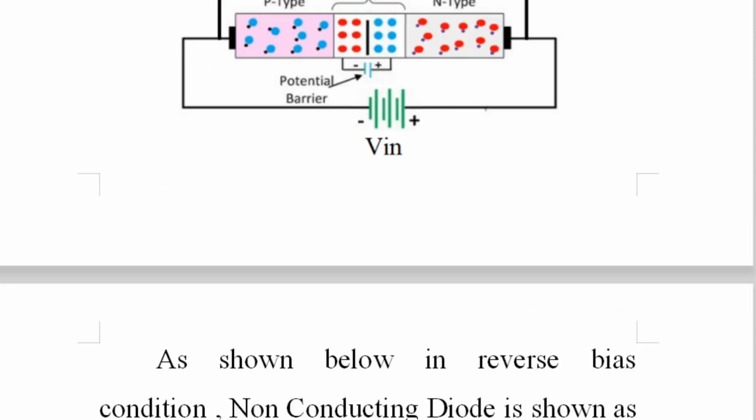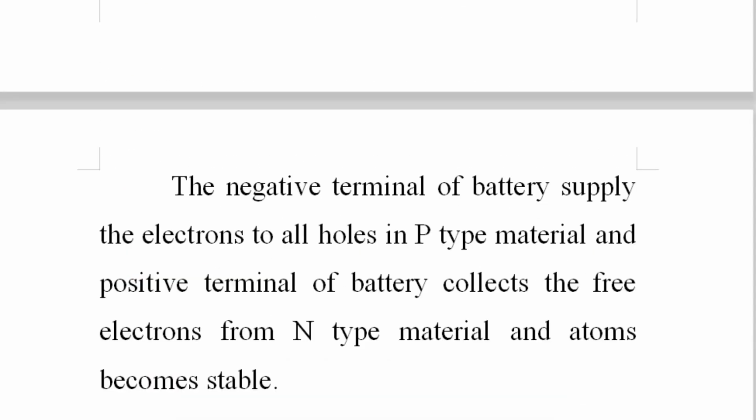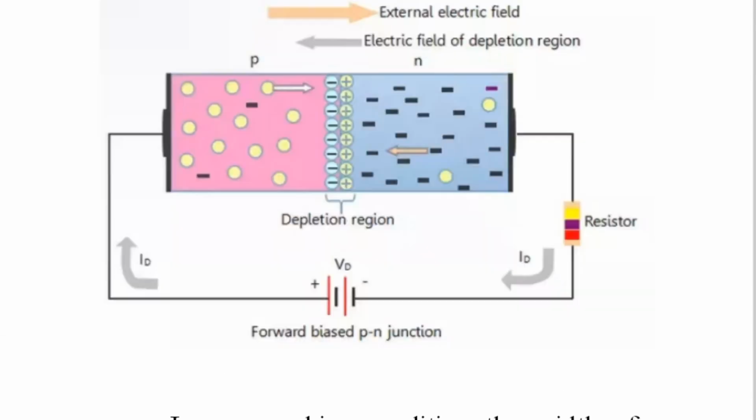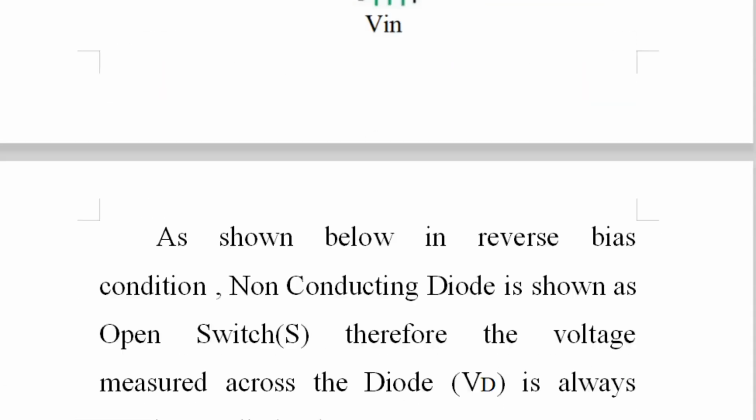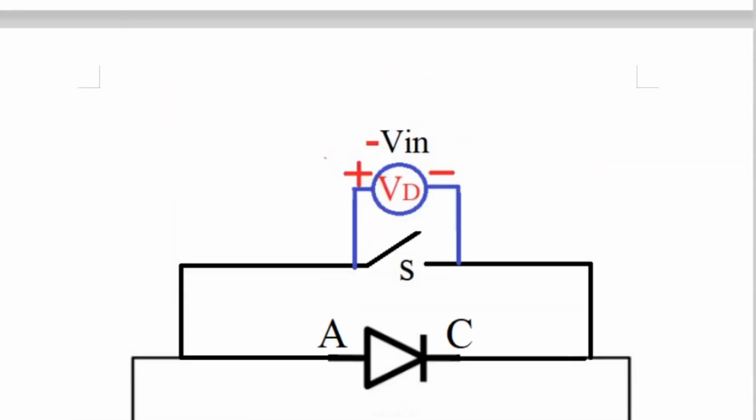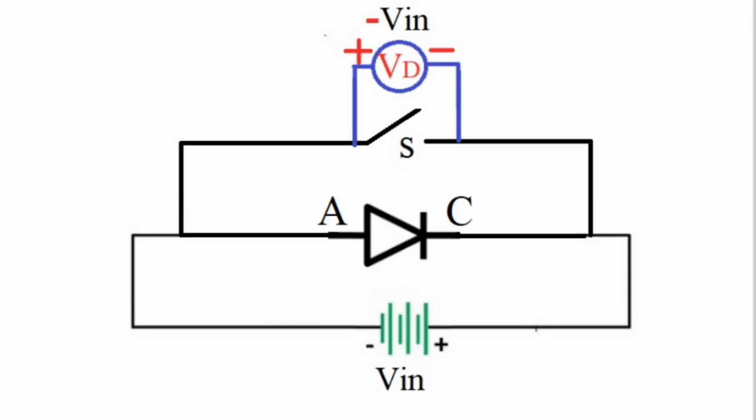And in the earlier diagram, what we have done, the diagram which is shown somewhere here, just below. I'll show you. So here is one more diagram. In this case, we have taken the anode on the left hand side and the cathode on the right hand side, and we want to reverse bias the diode. So here you connect the negative terminal to the anode and the positive terminal to the cathode.